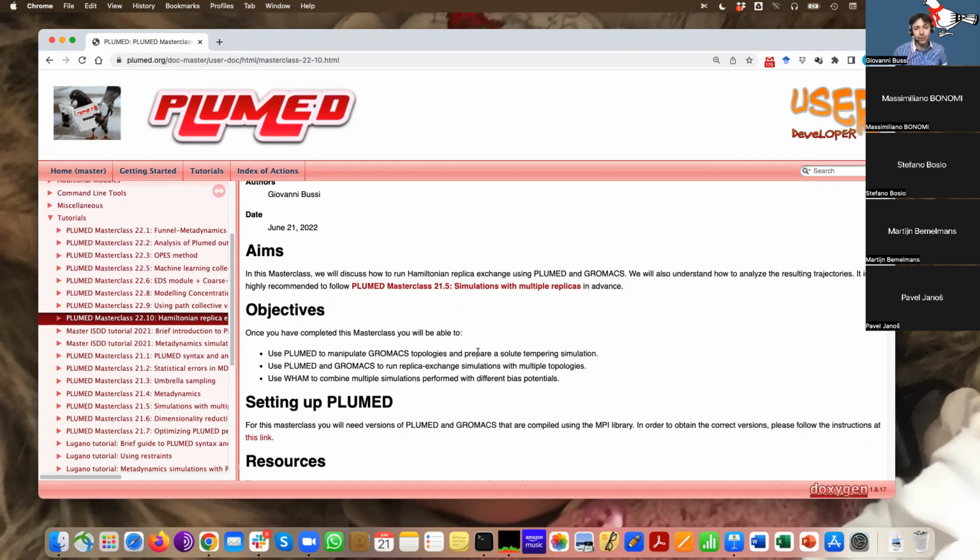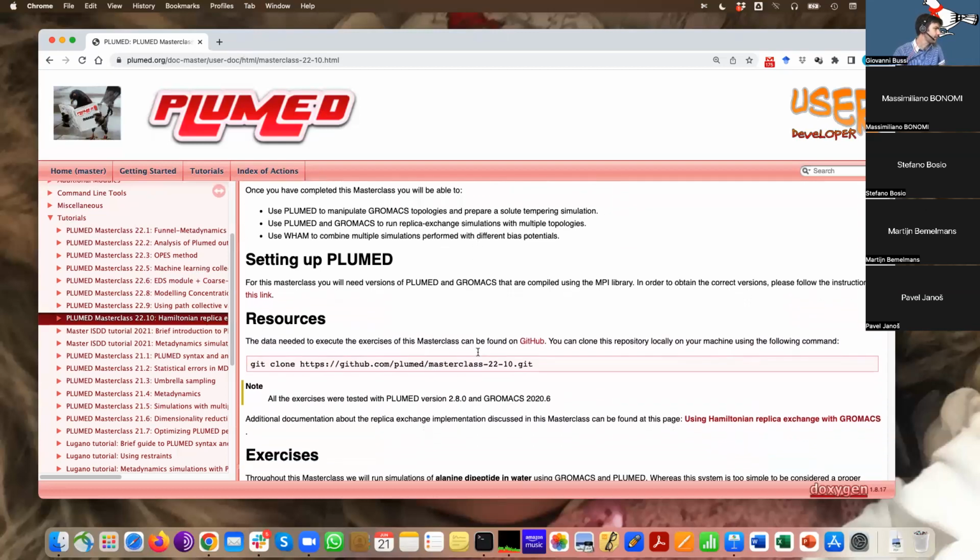We will learn how to use WHAM, so weighted histograms, to combine simulations that were performed with the different topologies. And actually, in the final exercise, we will even learn how to combine replica exchange with metadynamics, so as to properly analyze simulations where the different replicas were subject to different force fields, but also to different enhanced sampling